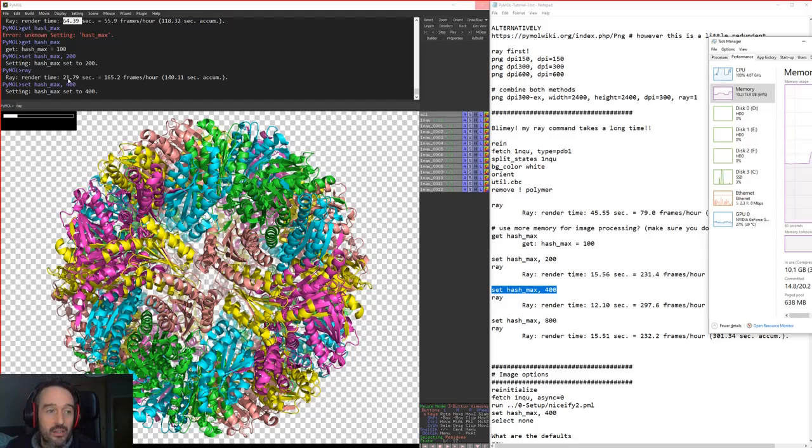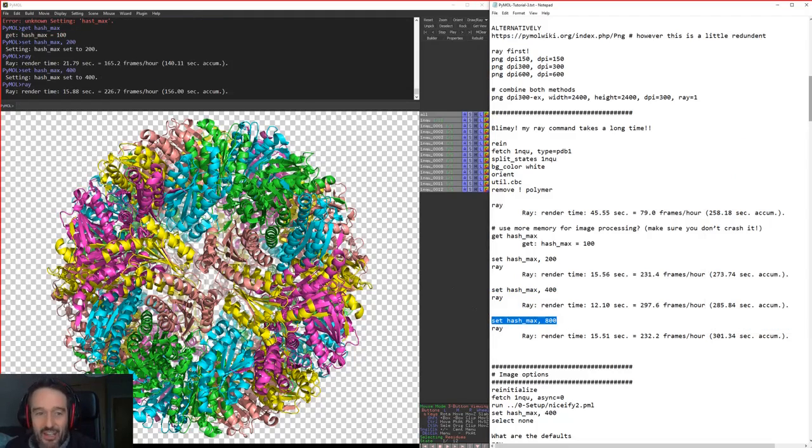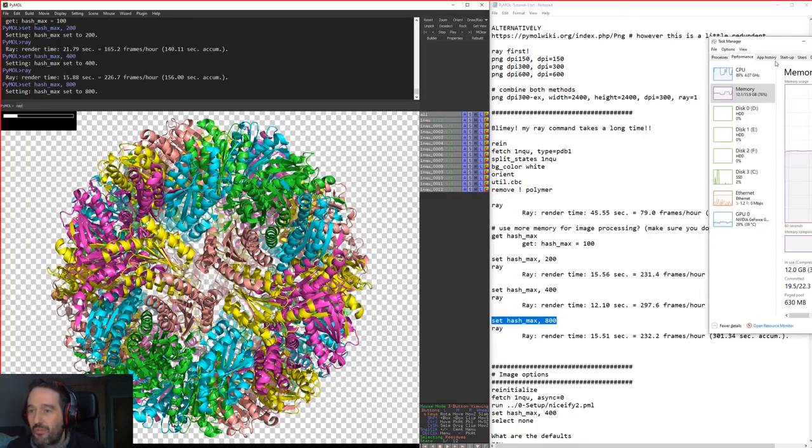And hopefully it's going to take even less than 21 seconds. There we are, 15 seconds. Great. And then you could even try 800. Now, what can happen if you set your hash max too high and you peak out your memory here,